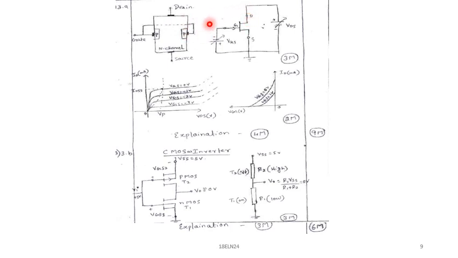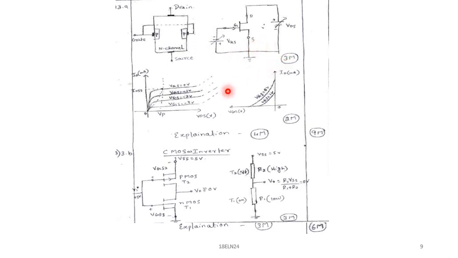Then to mention the working of this N-channel JFET, you can draw this circuit with the symbol of N-channel JFET and write down the VDS and VGS. Both you write in terms of varying voltage, that is varying VDS and varying VGS. And this is positive connected here, negative connected here. So this is reverse biased. Again, this also should be reverse biased. So you have the construction diagram and this circuit. Total it is 3 marks.